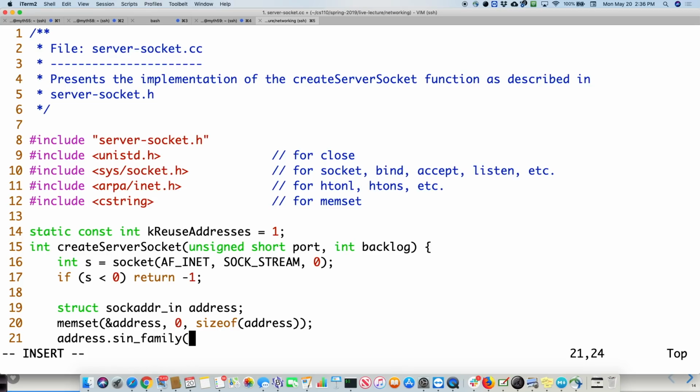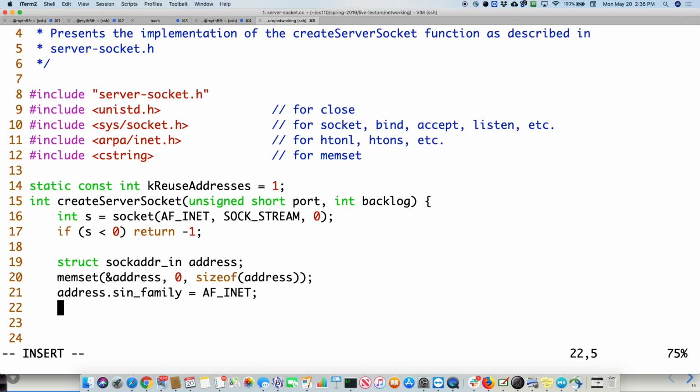And this is again how the bind function, in this case, is going to know how to interpret our downcasted address, or downcasted sockaddr. So we're going to do that, and then address.sin_family equals AF_INET. And then we need to do address.sin_addr.s_addr.